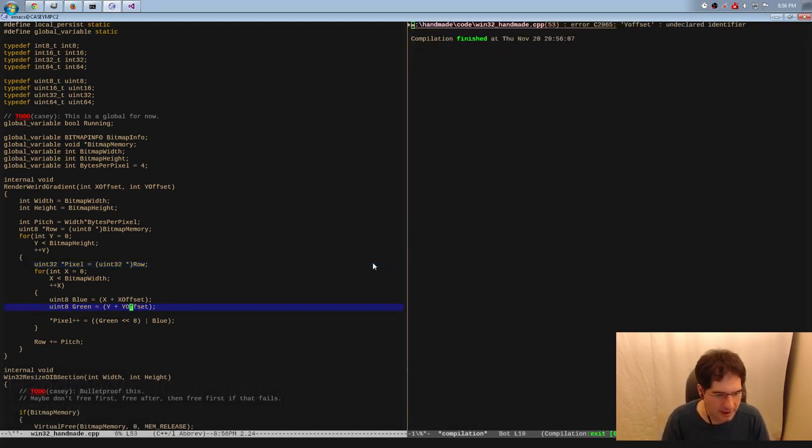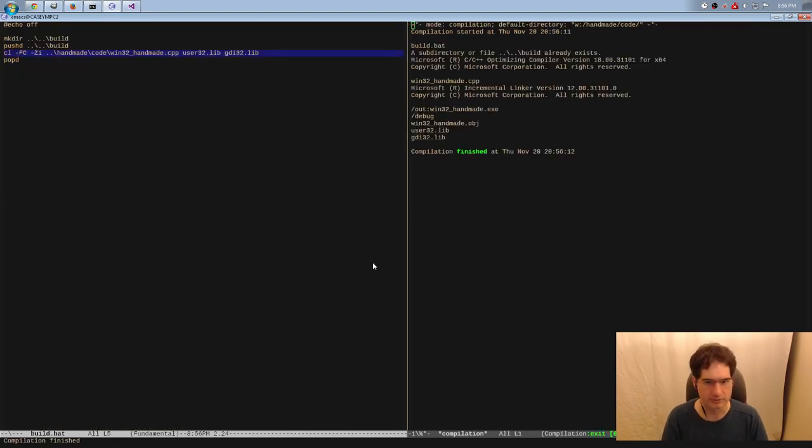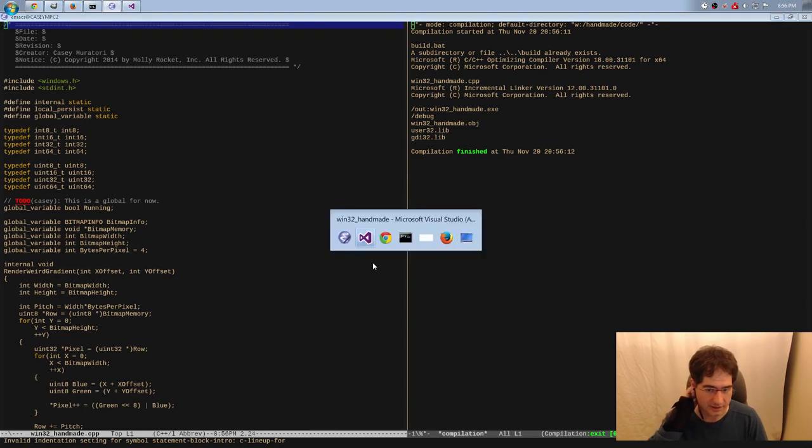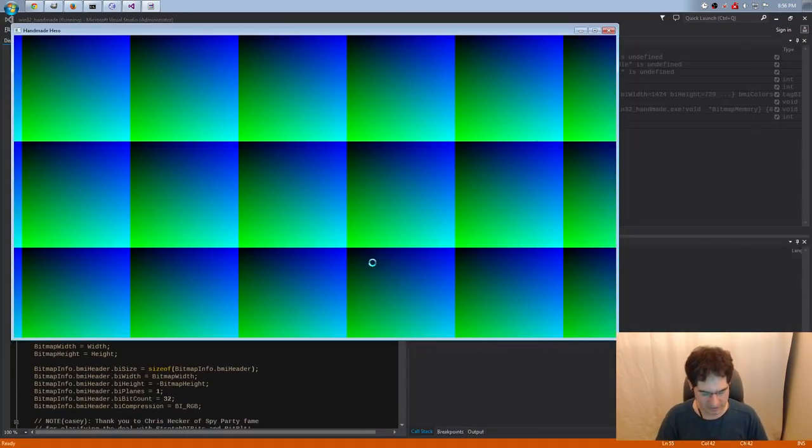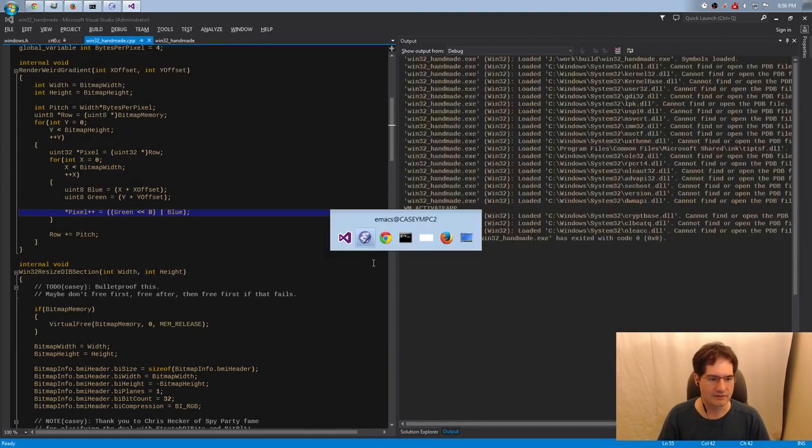Y offset is not capitalized. There. Oop. Well, didn't mean to kill my buffer. Sometimes you accidentally hit Alt-K and that kills the buffer. So let's see if that reproduces it properly. There it is. So we've just changed to using a 32-bit write,